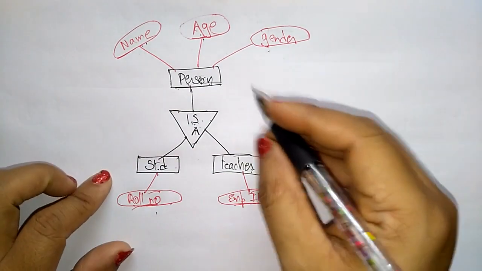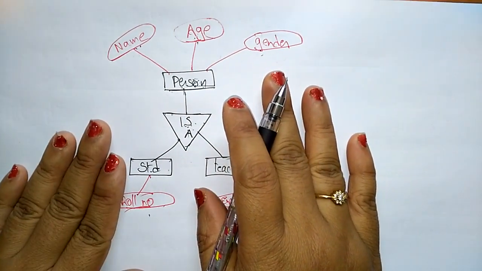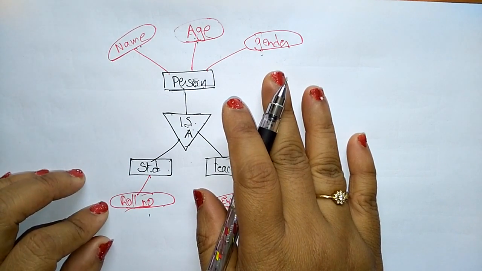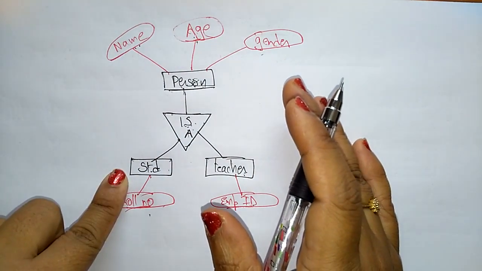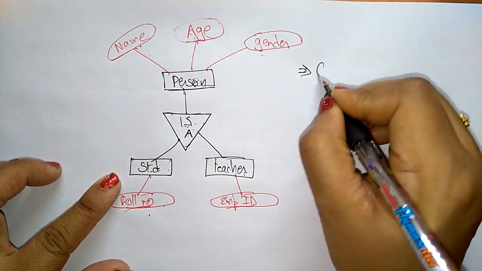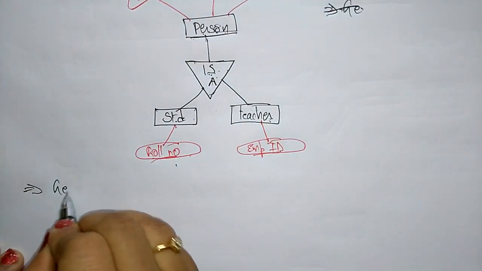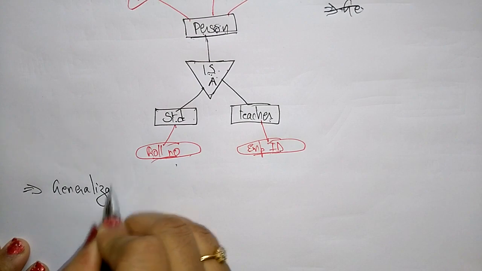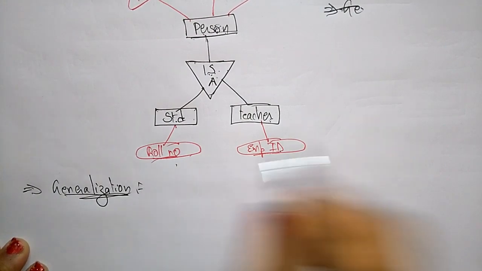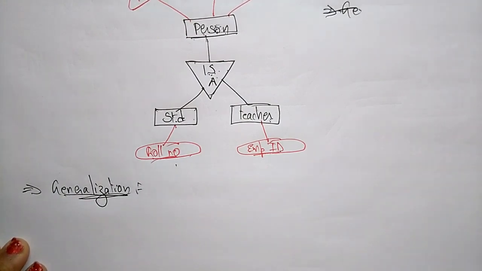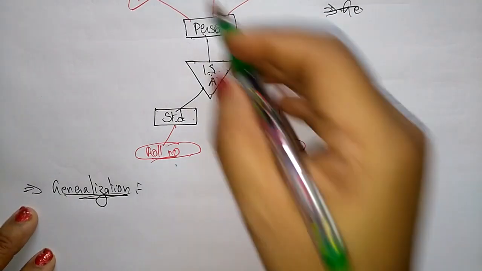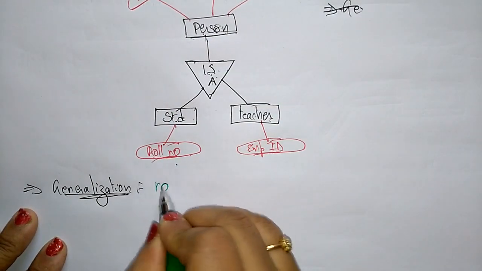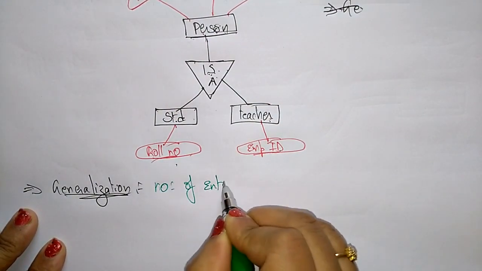So here, what is the generalization and the specialization concept? Generalization and specialization will be arranged in a hierarchical representation. So this is a hierarchical representation. So let us see what is a generalization. Let me write here. Generalization. So generalization means a number of entities brought together into one entity based on their similar characteristics. So number of entities, let me write. Number of entities